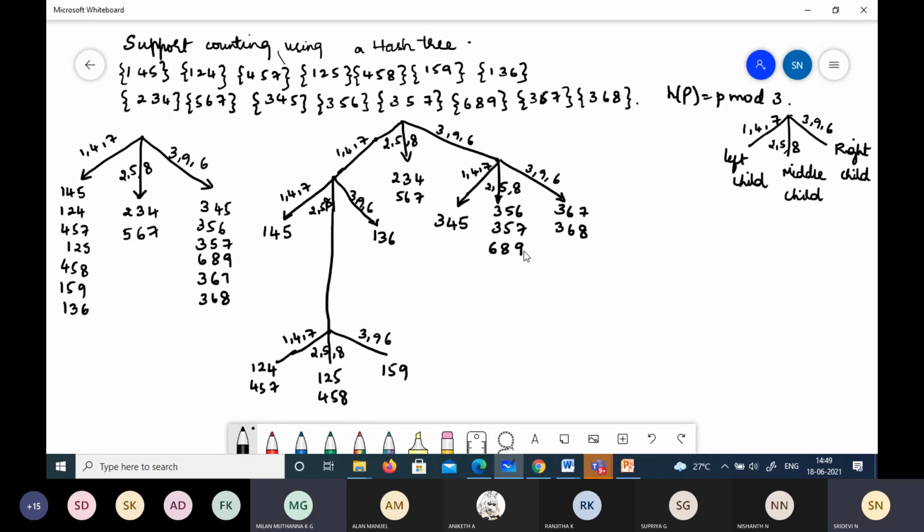Okay, it is ending here because we have candidate generation for 3 item set. If it is for 4, it can move further. Then you will have more number of digits over here, which can split further. This is just 3 for 3. Further, if it is for 4, fine. Okay. Thank you. Got it.